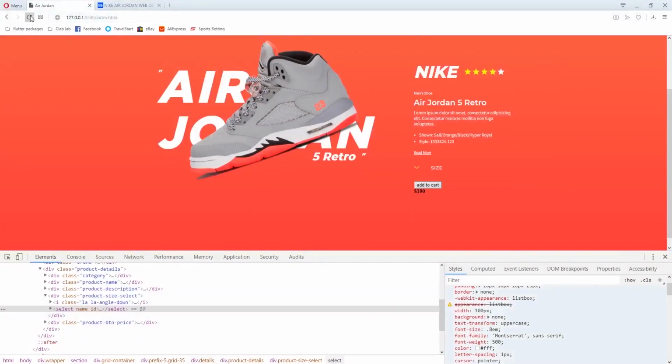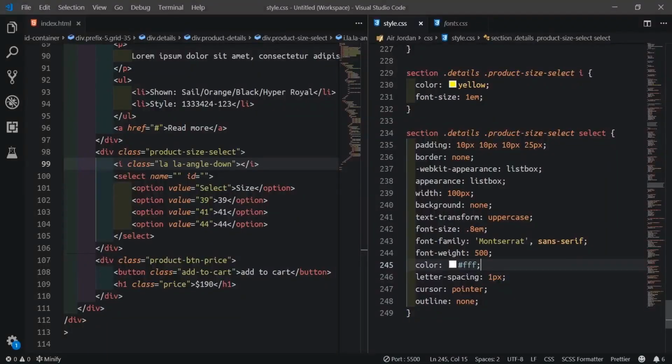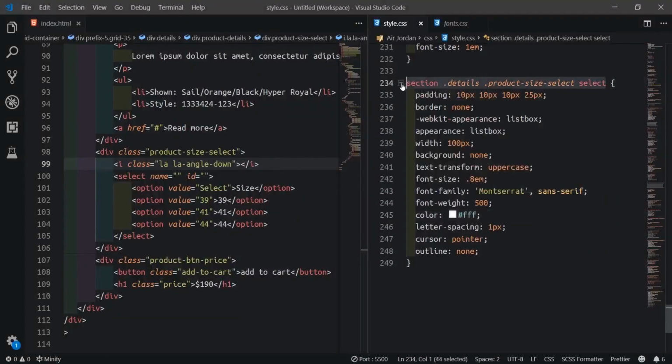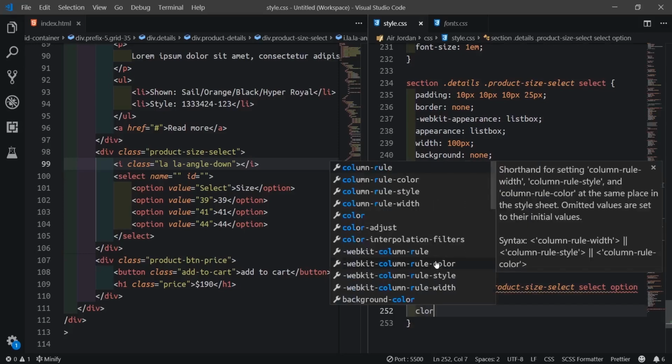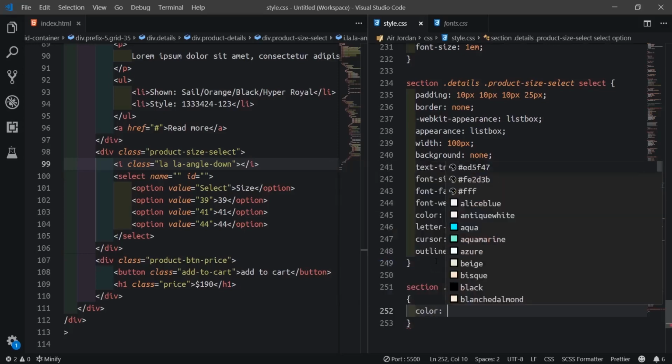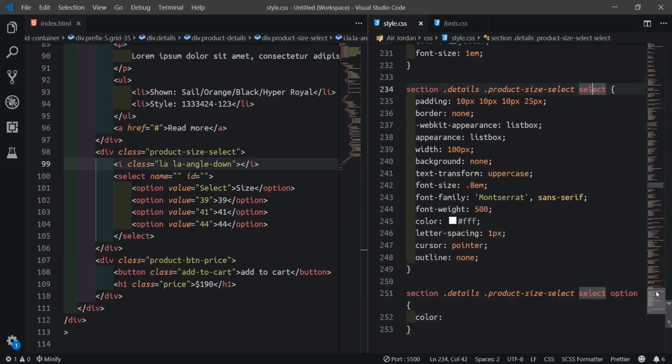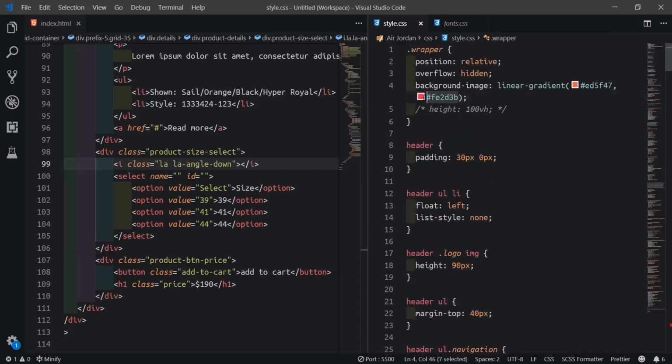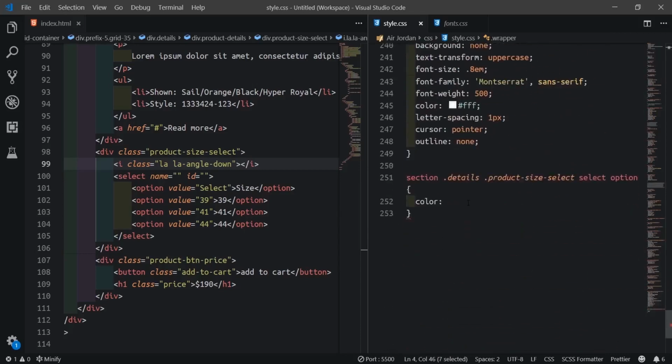So go back now and we get this here. Okay. We'll target the option. So come here, I'll copy this one. After I select now, say option, then color. We'll use the color we used for this background. I think it's up here. We'll use this one. I'll copy this one, then I'll come down. I'll paste them here.